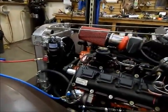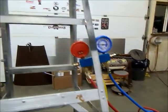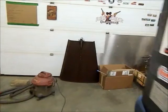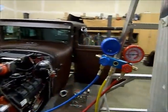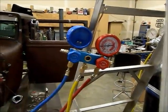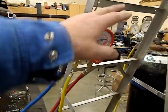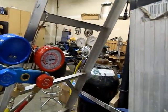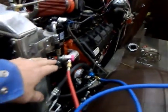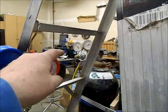So I've got the lines all hooked up on the system. You'll notice on my gauge set that the low pressure faces this way and the high pressure faces this way. Well, the reason for that, once I got this, the procedure I used was I hooked all the lines up, made sure my two supply valves were closed, the regulator and the bottle were turned off on the nitrogen. Then I opened these two valves, opened the nitrogen bottle, started turning in the regulator